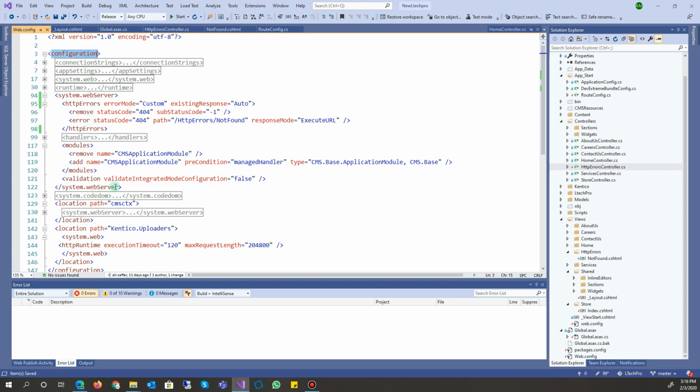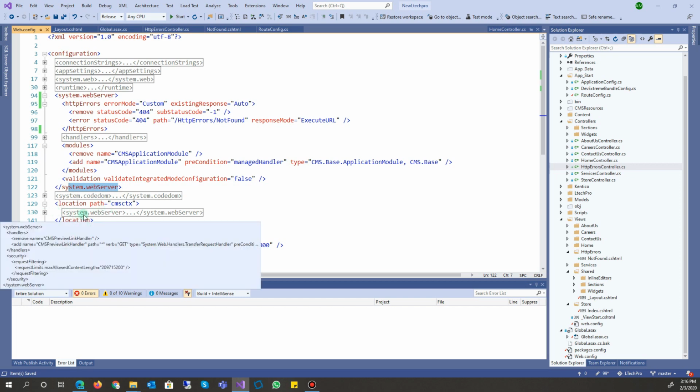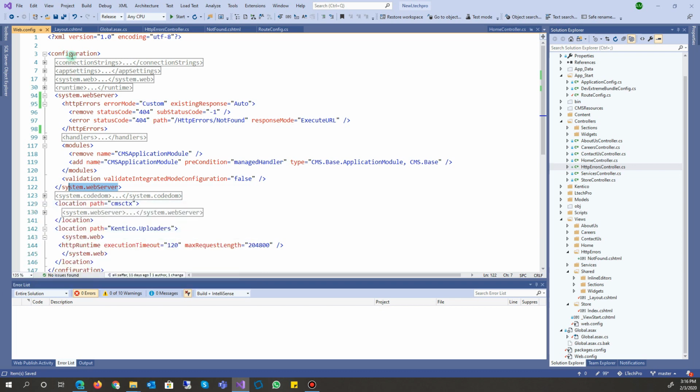You have another one here. If we go here, you will find system.web config, but it's not directly under the config. It's under location. And you need the directory under the configuration. If you put it here, it will not work. You need to add it here. After you save it,